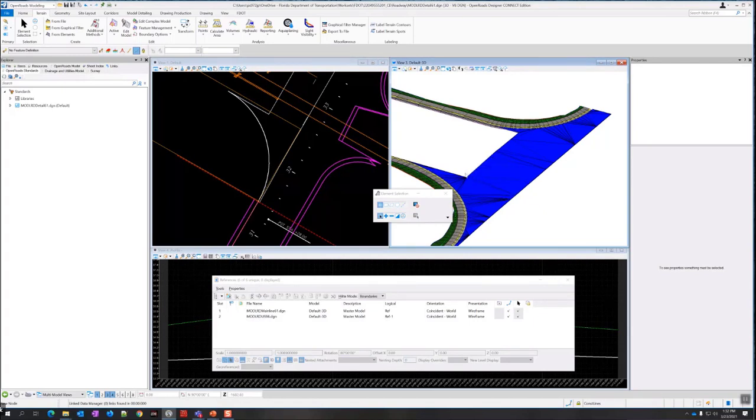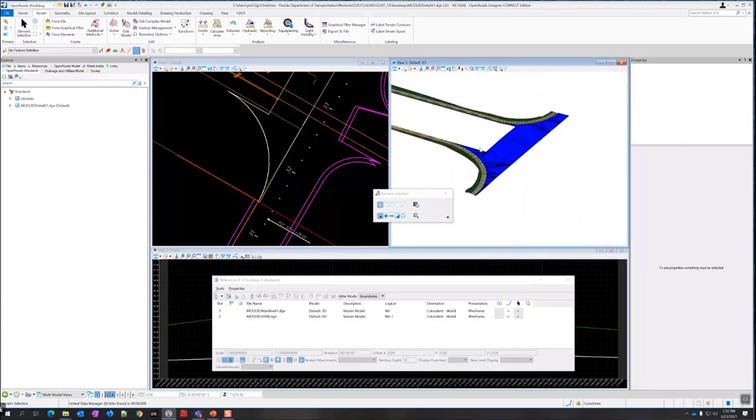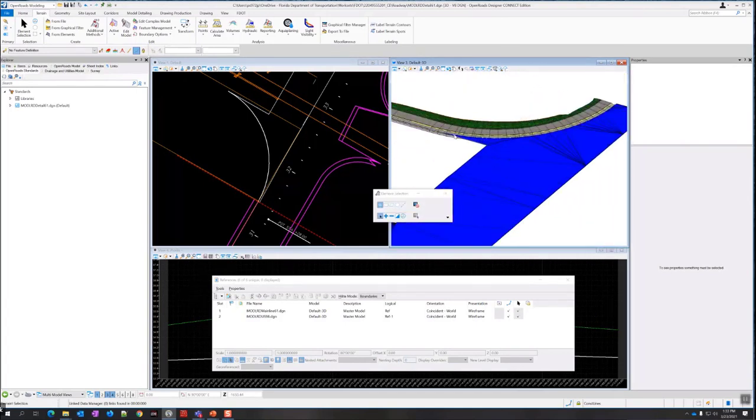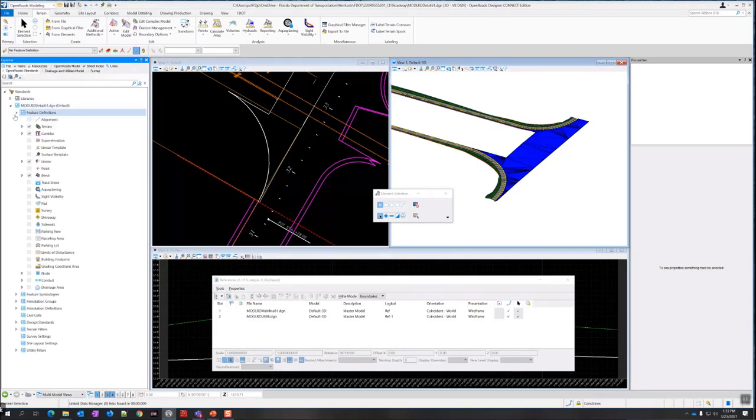You can verify that the triangles aren't doing anything weird if you want. A good way to check that, because I can't really tell, the triangles could be jumping across here for all I know, would be to turn off the meshes. So just come over here to OpenRoad Standards, expand out the detail model file, expand out feature definitions, and just uncheck the box for mesh.